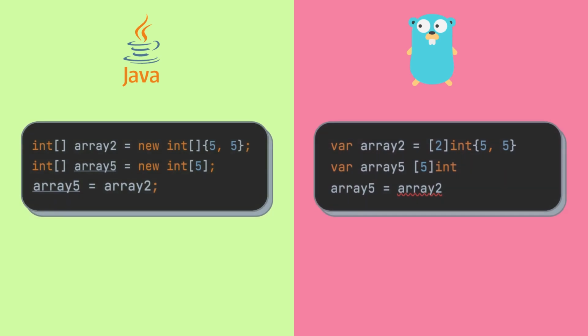Let's look at assigning new array variables. What we see on the right hand side of equal to in the first line in Go is an array literal. It has the length of the array, which is 2 in the example, the data type of the elements, which is int, and the actual elements 5 and 5. In the given example, we initialize an array of 2 elements and assign it to an array of 5 elements. While you know this works fine in Java, the same throws a compiler error in Go. This is because the array data type in Go includes the length of the array, and hence an array of length 2 cannot be assigned to an array of length 5.